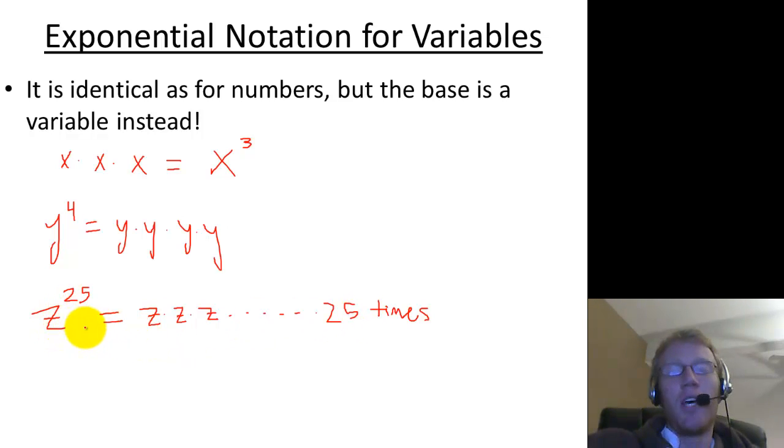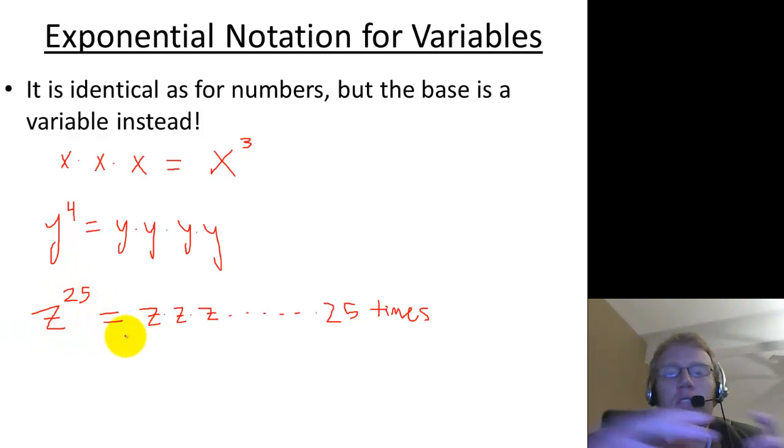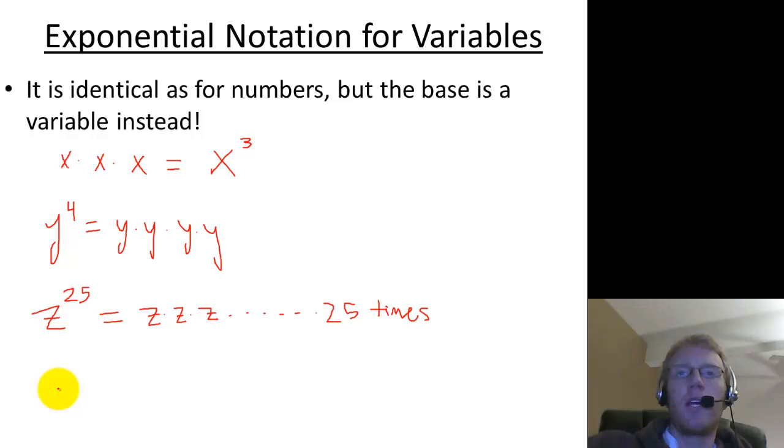If you have z to the 25th, that's part of why exponential notation is used, because when you have a high exponent like this, it's super tedious to write out the whole thing in longhand, and you can write z to the 25th very quick and easy and show what it means. So let's do one last one. Let's do something with a combination of two variables. What if I have a times